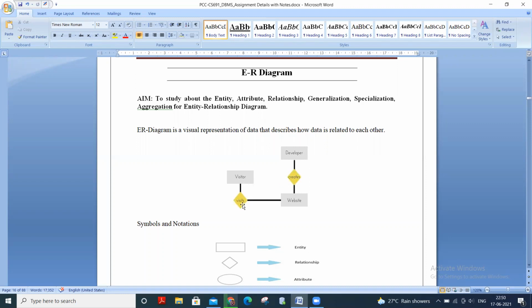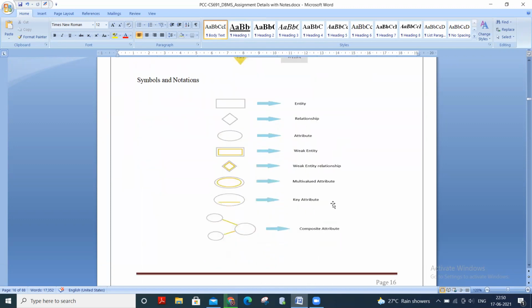Okay, so visits makes the relationship between the visitor and website, and creates makes the relationship between the developer and website.